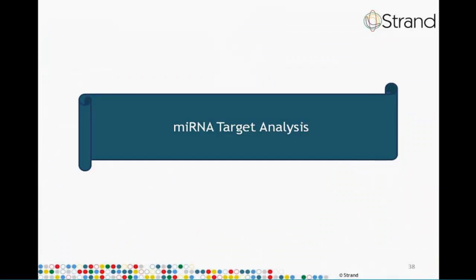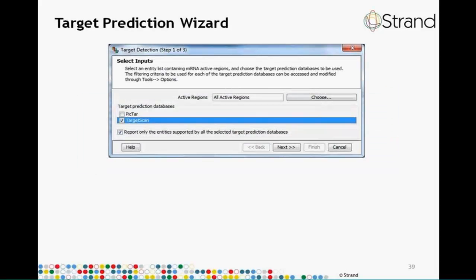So after you have done quantification and performed differential analysis, usually you have a smaller set of mature RNAs, and you want to find out what the targets of those mature RNAs are. We provide multiple target prediction databases from our annotation server. You can download those through the annotation manager, and whichever annotations you download are shown in this particular